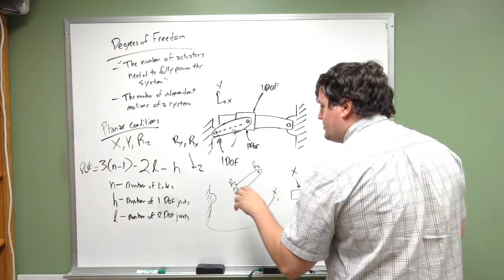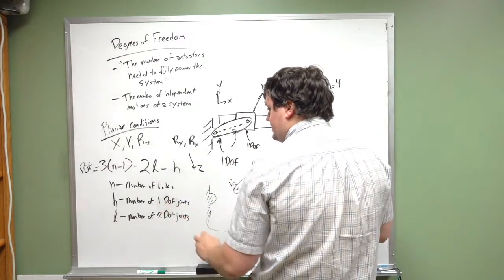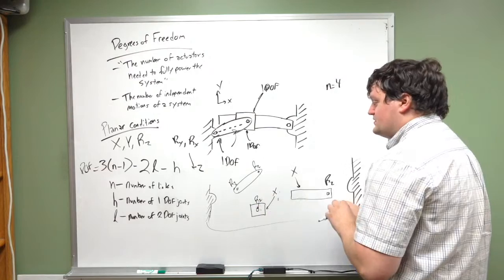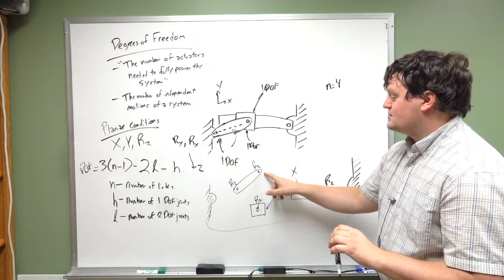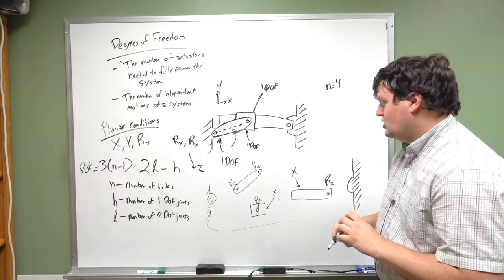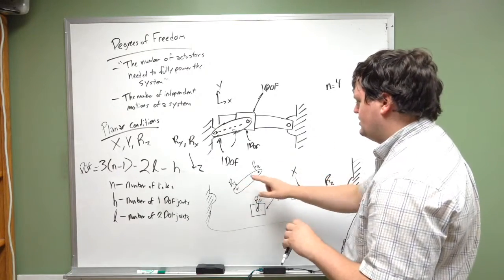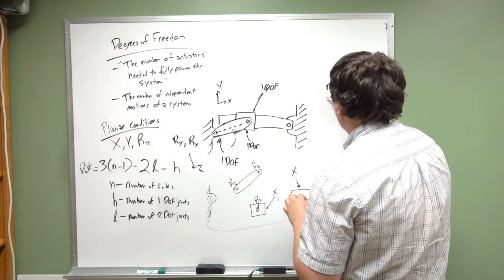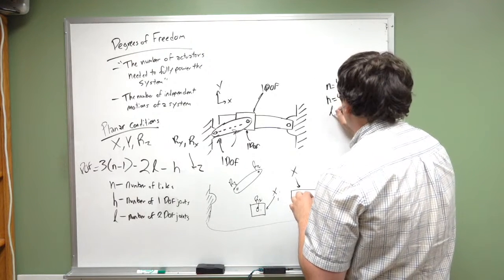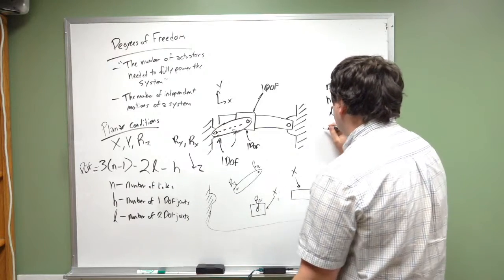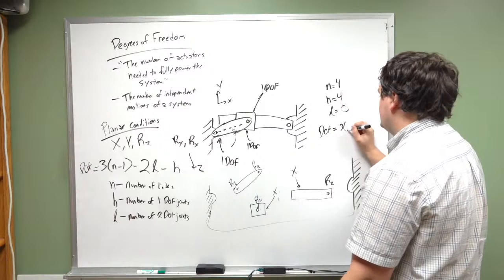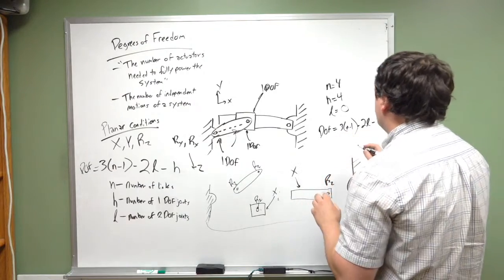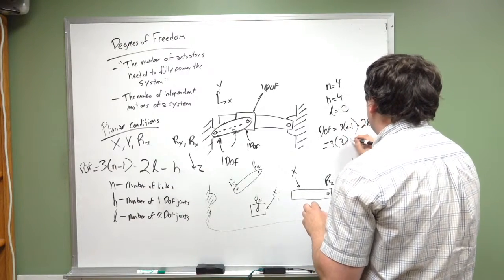Yay! Now the number of degrees of freedom that we have. Well, let's see. We have number of 1 degree of freedom joints. Okay? This allows RZ, this allows RZ, this is RZ, X, X, RZ. We only have 1 degree of freedom joints in the system. And we have 1, 2, 3, 4. So the number of 1 degree of freedom joints is equal to 4. Number of 2 degree of freedom joints is equal to 0. So according to this equation, your DOF is equal to 3 times n minus 1 minus 2L minus H, where n is now 4. So this is equal to 3 times 3 minus